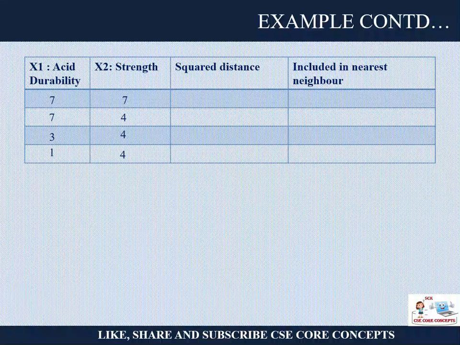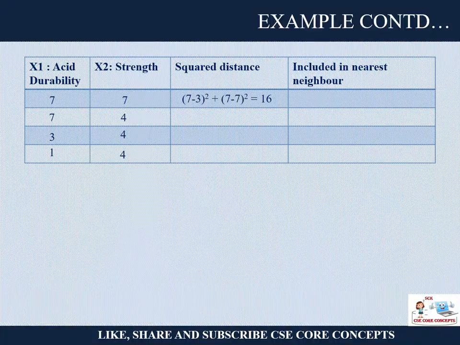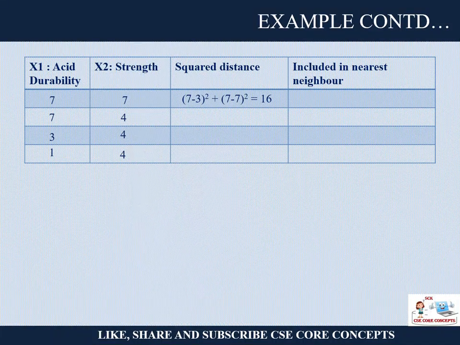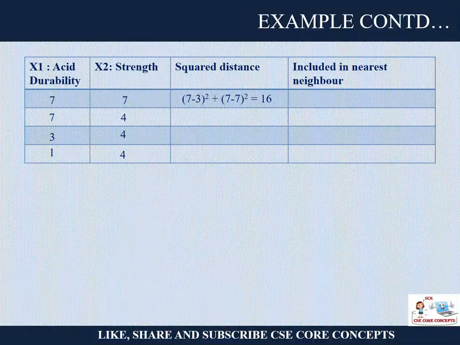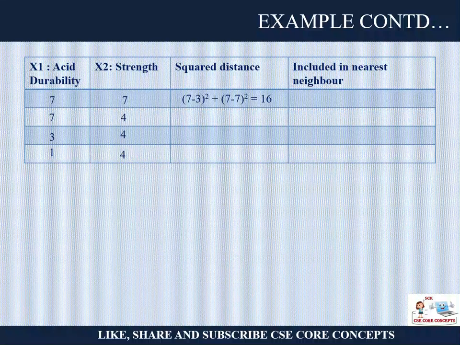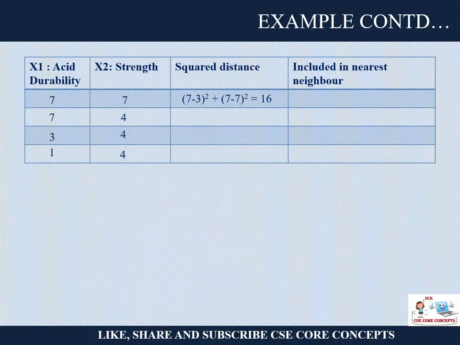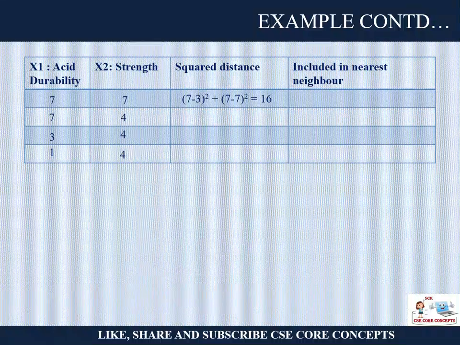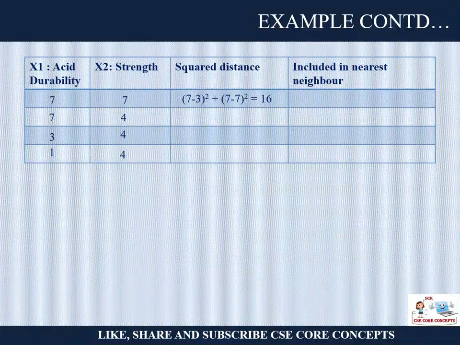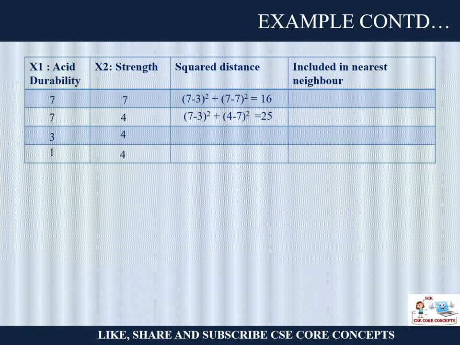So I am going to find the squared distance and then take the square root. If you are going to find it, it will be the square root of that. That's okay. My question is 3 and 7, so x1 value is 3 for the test data and x2 value is 7. Let us find the distance to the first point. How do you find it? 7 minus 3 squared plus 7 minus 7 squared. So 4 squared plus 0 will give you 16. Understood? Second, the question was 3, 7.